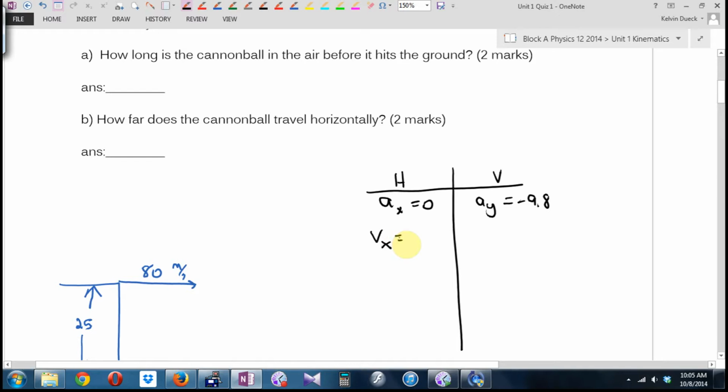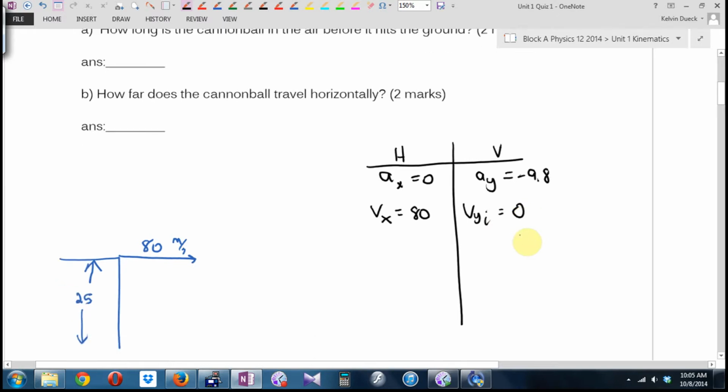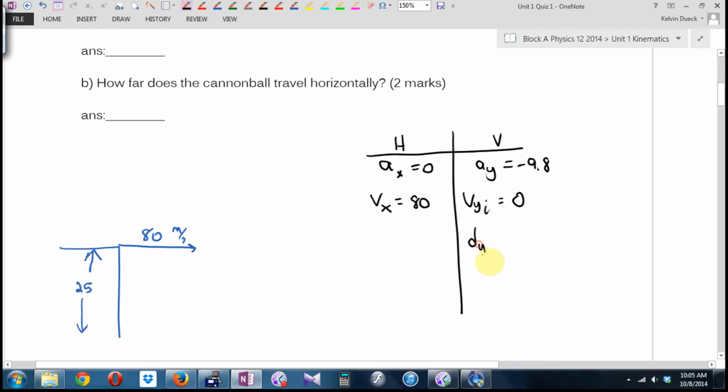What's the horizontal velocity of this projectile? It's so easy that it's tough. 80. I also know the initial vertical velocity. What's the initial vertical velocity of a horizontal projectile? Also so easy that it's tough. 0. That's the one that kids want to put the 80 there too. No. And what else? They gave me a vertical displacement